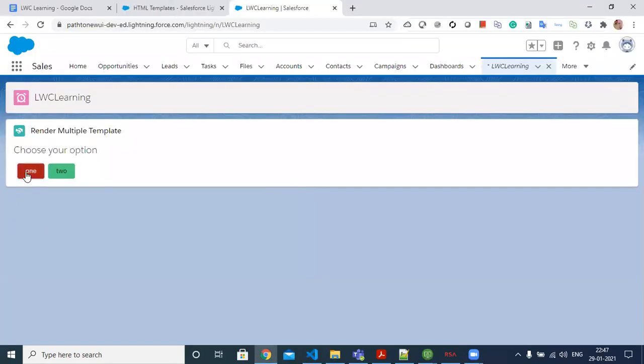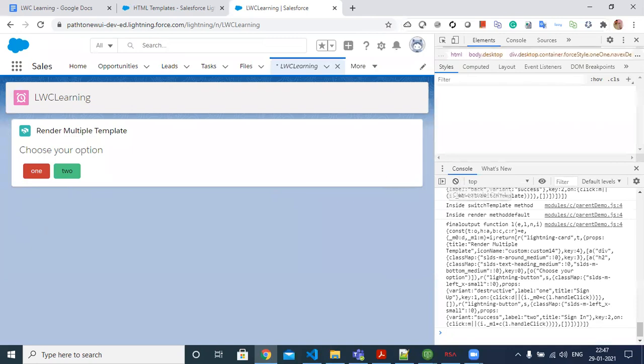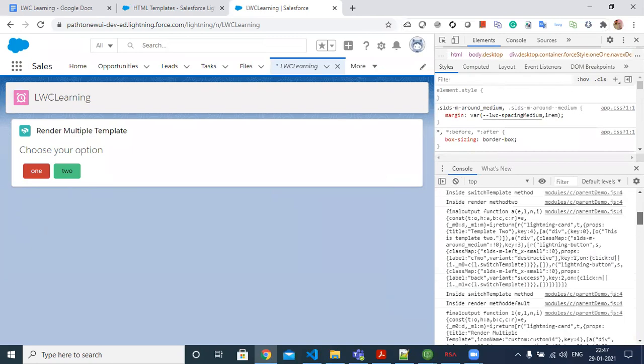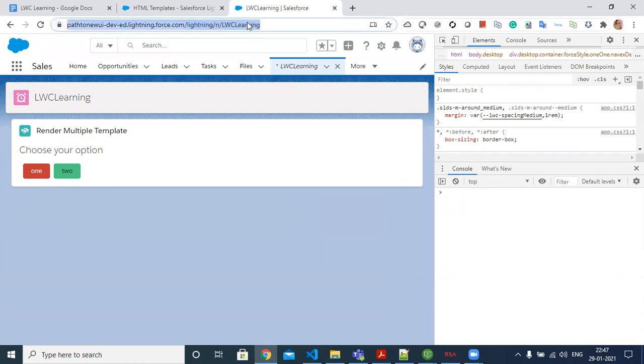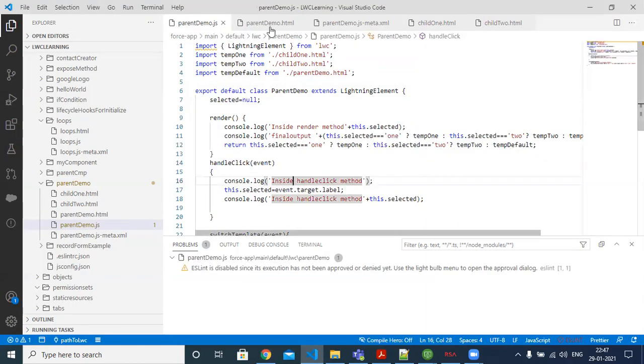If I click one, I'll just show you the console logic. Initially when the page is loaded, okay, I'll just execute this. Initially when the page is loaded, first the render method will be invoked, okay?